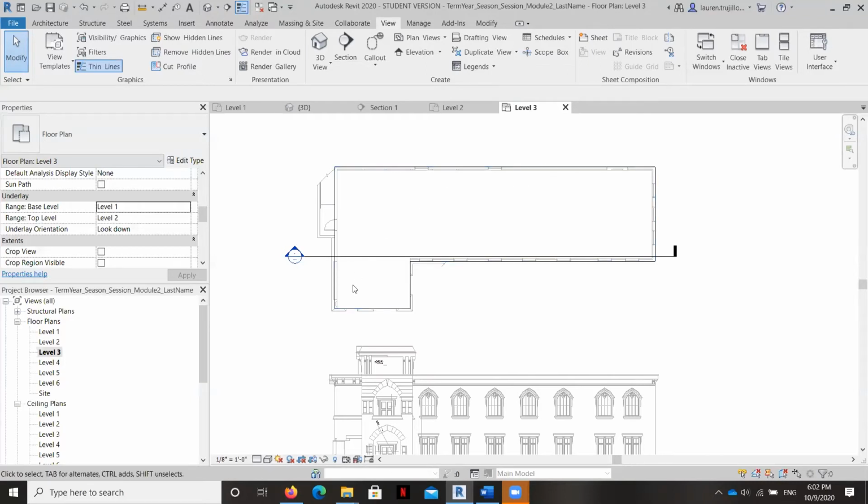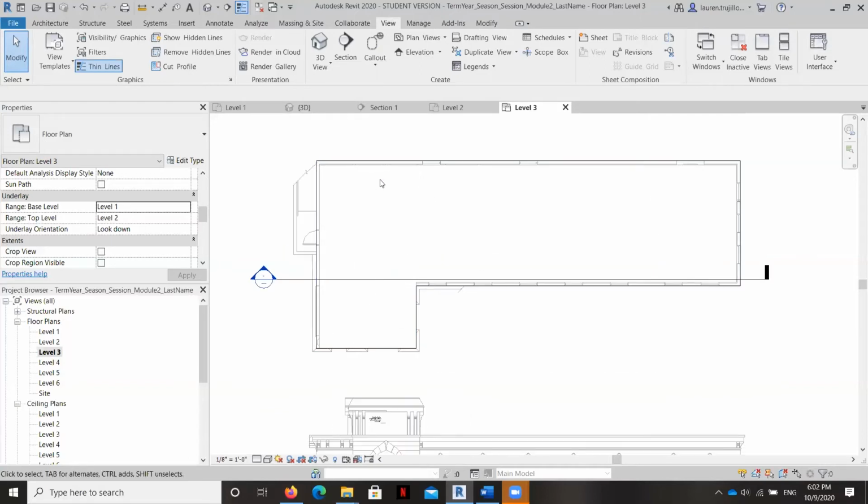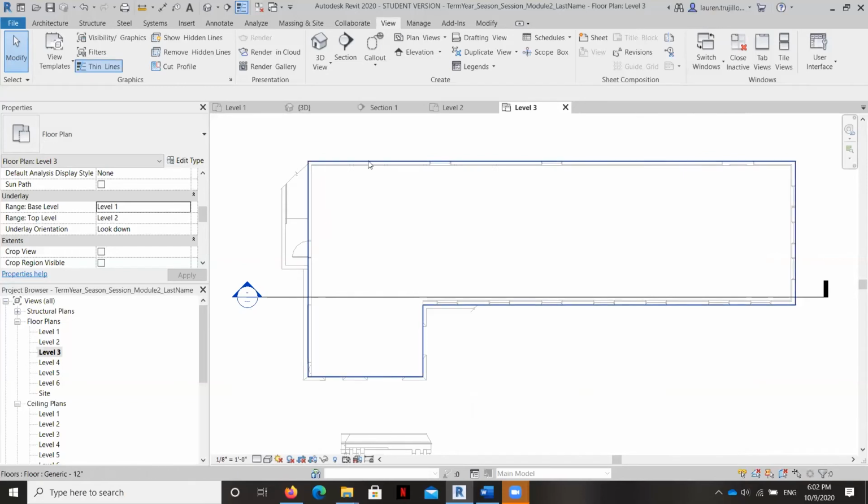Now you could imagine that this might be helpful, and it will be helpful for us later on as we do a ceiling plan and we want the lights in our ceiling to align with furniture pieces. We'll be able to use an underlay of our furniture plan while we're designing the ceiling. So just a little preview of that, but for right now it's really helpful because it allows us to start to see the things that are underneath, and you can see as I hover it's kind of popping up. So that's how you use an underlay, and you can turn it on and off, but it just allows some visibility to become a little bit more clear.